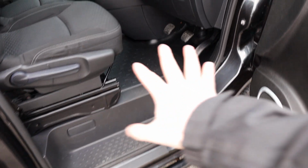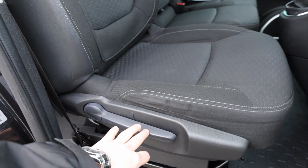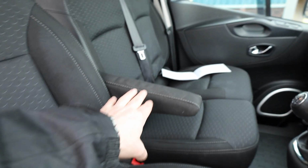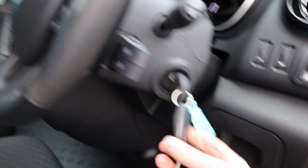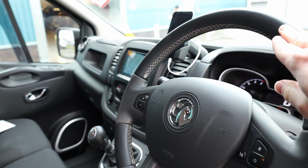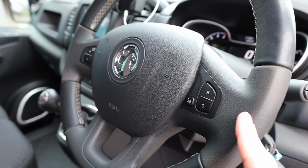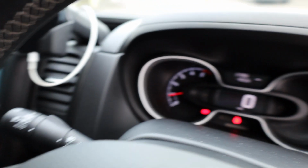So the step is all in good order, no excessive wear to the floor as well. We have electric windows, electric mirrors, and looking at the driver's seat, we've got height adjustability and a driver's armrest as well. 2 full remote keys with the vehicle, multifunctioning steering wheel with the nice leather stitch around the top and the bottom. You have got your cruise control settings on the steering wheel, and if we look at the mileage,